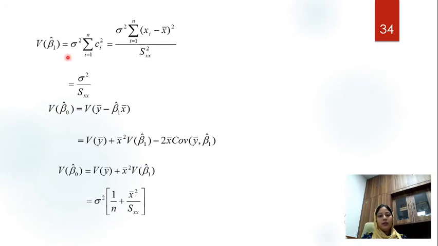Variance of beta 1 hat is sigma square summation ci square, where this term is equal to xi minus x bar over Sxx. So the numerator is Sxx and the denominator is Sxx square, so one of them is getting cancelled. Variance of beta 1 hat is sigma square by Sxx. Similarly, for the variance of beta naught hat, we take the variance of y bar plus x bar square, since x bar is a constant, times variance of beta 1 hat, minus twice x bar times the covariance of y bar and beta 1 hat. Now this term is 0. So variance of beta naught hat is variance of y bar, which is equal to sigma square by n, plus x bar square times variance of beta 1 hat, which is sigma square by Sxx. From here we are getting